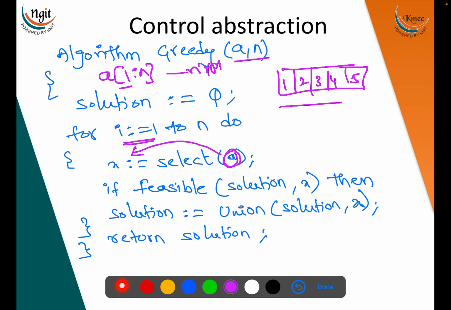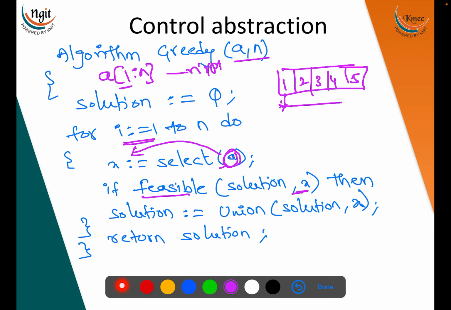What is x? x is my solution. So x is a variable where I will be storing the feasible solution. If I consider this 1 and it is a feasible solution, then I put it into x. Now I'm checking whether